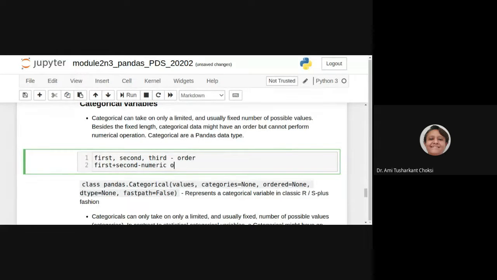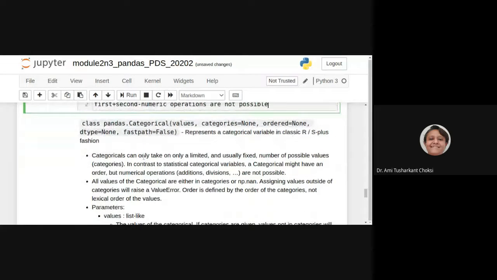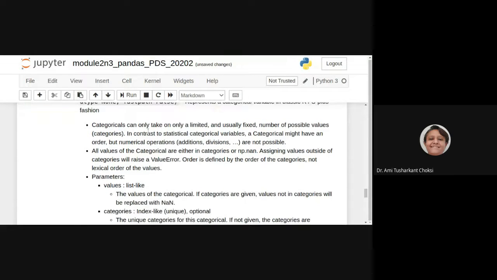So numeric operations are not possible on categorical data, right? So what we have for that is the class pandas dot Categorical.